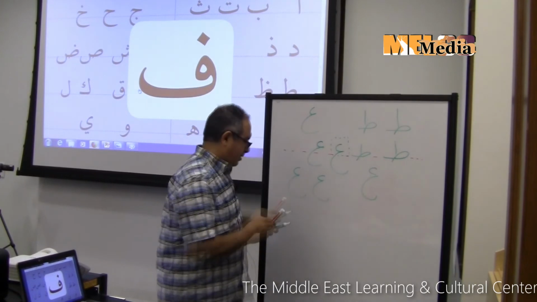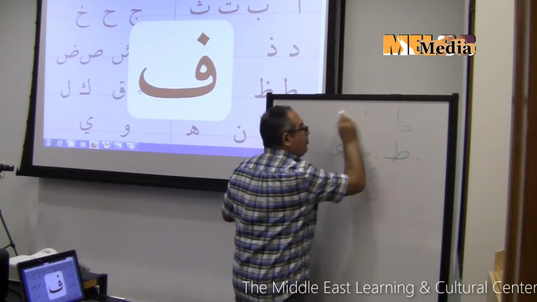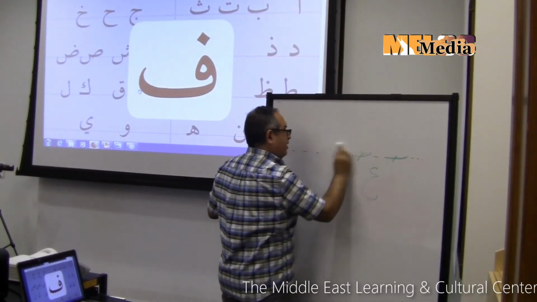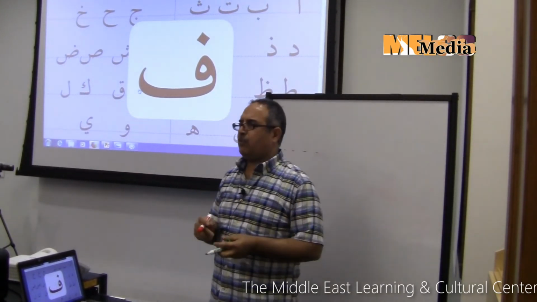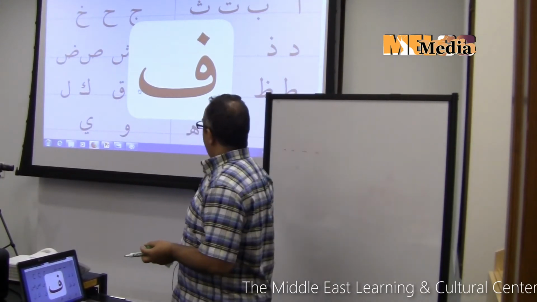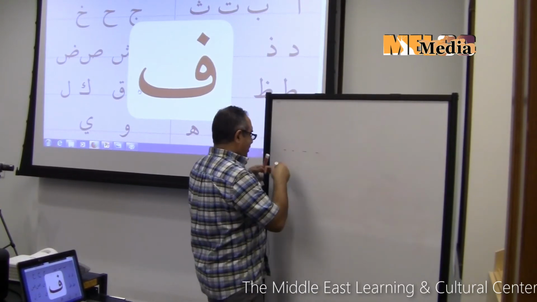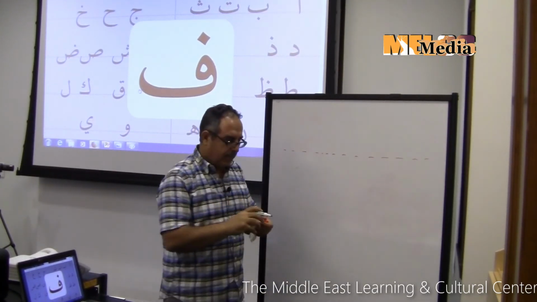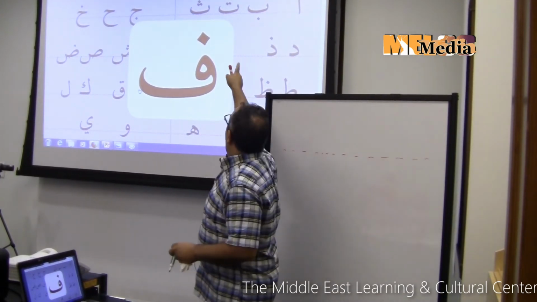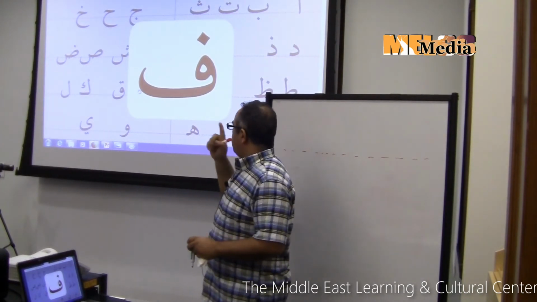We have fa. Now, fa and qaf, they are not really alike in any way. They don't sound the same, they don't look the same. They are grouped together for no reason. But let me see if I can, because if you think they are the same, then you'll be making mistakes in how to write them down. All right, like ba and ta and tha, they are pretty much the same. The difference is only dots. But when it comes to fa and qaf,